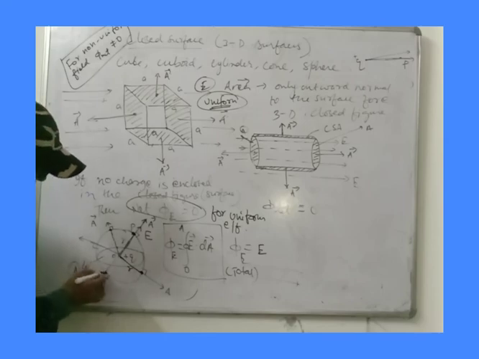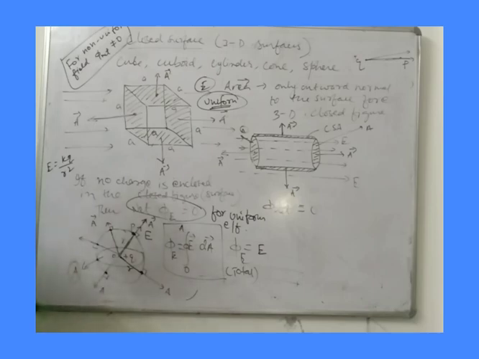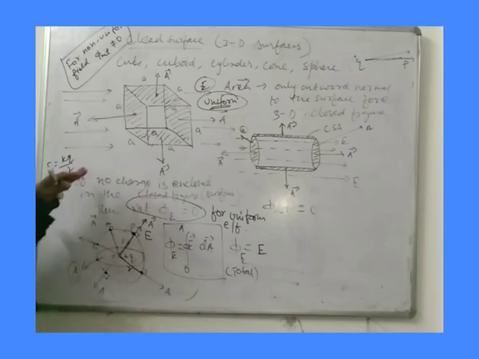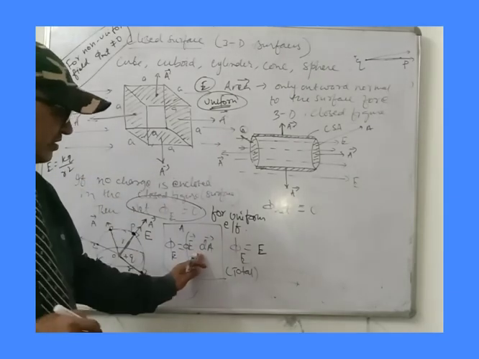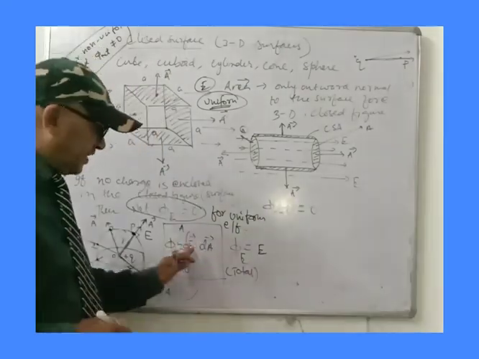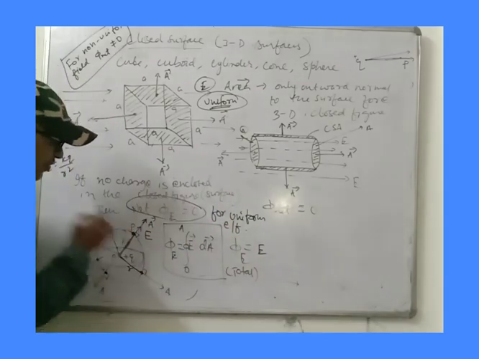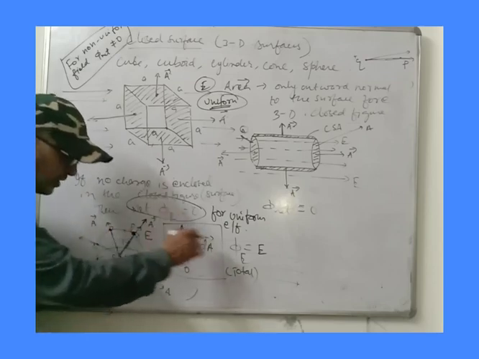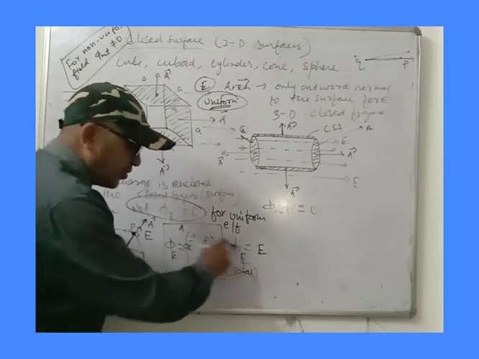At every point, same formula. That means everywhere, electric field is same. So electric field is constant. Otherwise, electric field may vary also. If electric field varies, or dA always varies. dA is not only one dA, so many dAs are there. We have to collect them. So, if electric field is also varying, then E will not be constant that time.